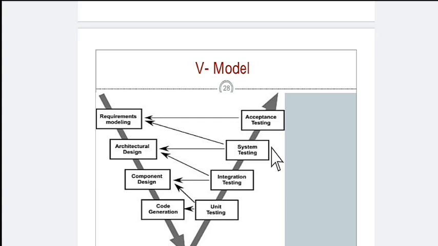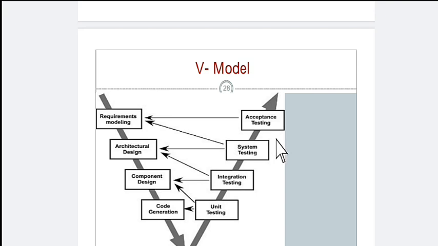If any bugs or errors are there in this testing, we will go backward towards the requirement modeling or the architectural design. The requirement modeling is performed again, or the architectural design is rearranged, to remove the bugs that occur in the system testing.